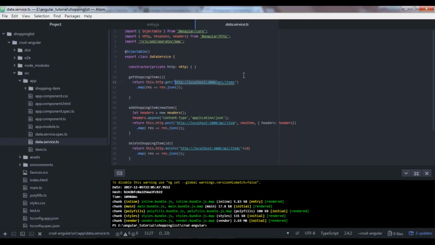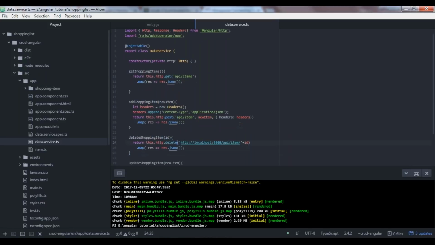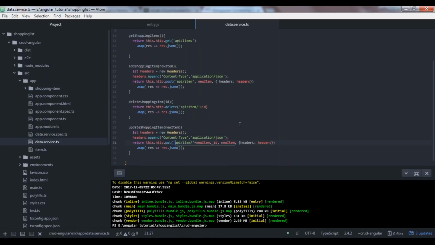The same goes with Heroku as well. So once you deploy your application on Heroku, there also your application will be served by Node.js. So whatever domain name they will be having, it will be using that automatically. So let's get rid of this http localhost 3000 for now. So we're going to make these changes everywhere in all our HTTP requests. Alright, so for now what we have done, we have made the changes in our data service class, and we